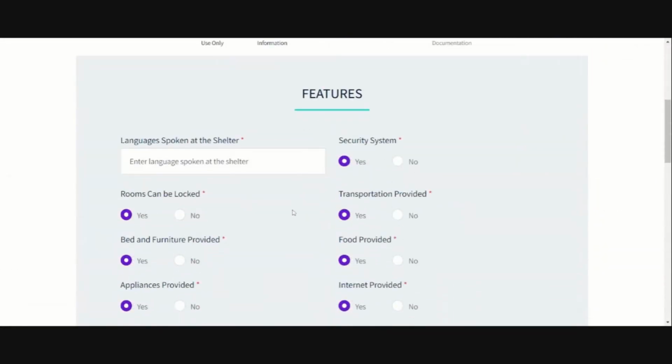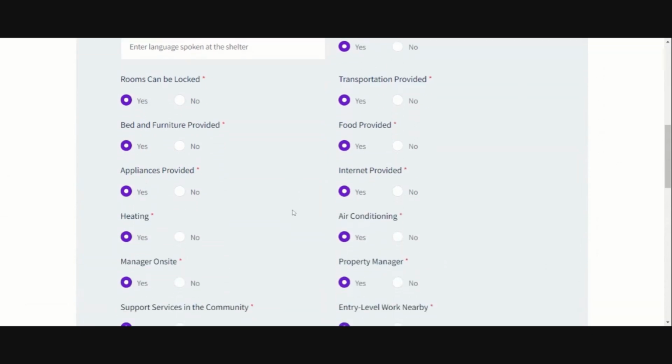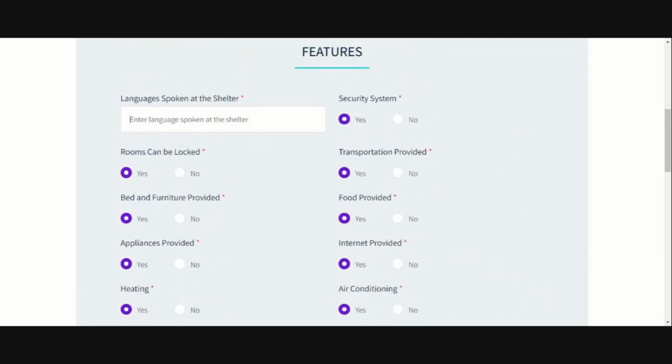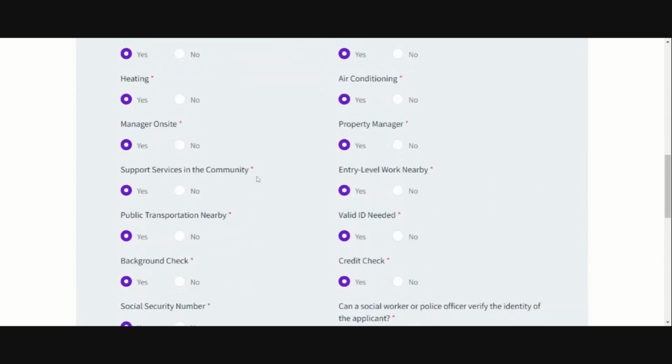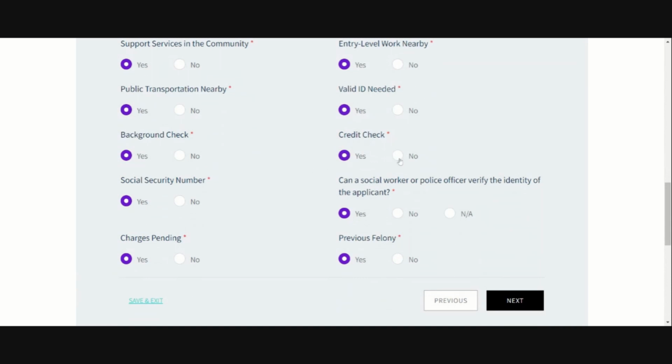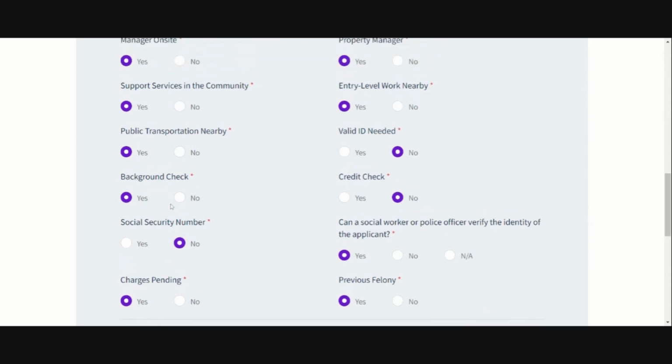Now, this is where you would put all the features of the location. So you would just want to read through this and mark anything that's applicable. And the languages is going to be a big one, especially with immigration. And also, what will be big, of course, is if they need to have a credit check, if they need to have a social security number, if they need to have an ID, or if a social worker or police officer can verify the identity of the applicant. And if you allow people to have charges pending or a previous felony, a background check,